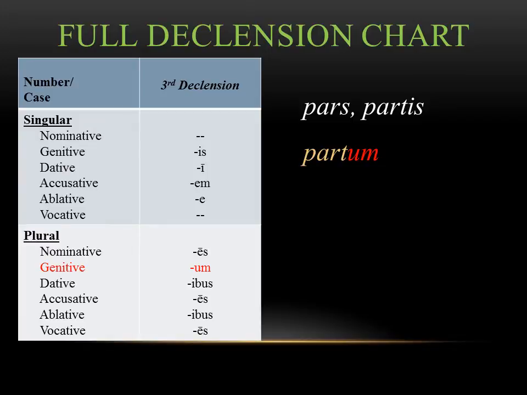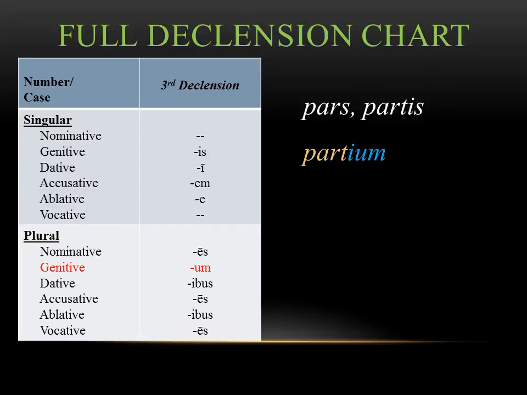And you can see it's taking that ending, which is third declension genitive plural, and we're adding it on. We've taken the genitive singular of partus, and we've dropped that is ending to get our base. Now we add the genitive plural ending, we would get partum. The problem with this, though, is that the word in the genitive plural is not partum. It actually has a slightly different ending. And the ending it has is partium.